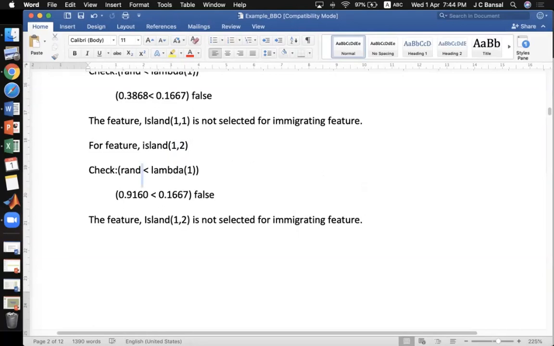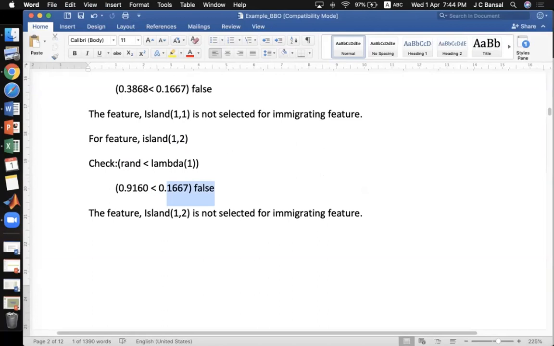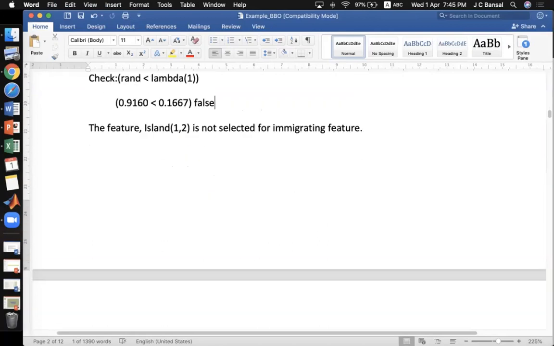Now we will again generate a random number between 0 and 1, and we found that it is 0.9160, and it is not less than 0.1667. This is again false, and therefore island 1,2 is also not selected for the immigrating feature. Is it okay?